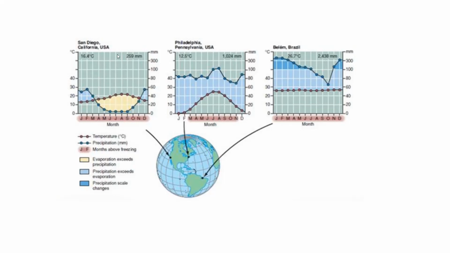So for example, the first one here, looking at San Diego, so Southern California, we can see at the turn of the new year, January, February, maybe a little bit of November and December, that's going to be when we have more rain than evaporation there. And if you look, the temperature doesn't change too much. We definitely get a rise in the summer months, but the big thing about this is going to be the drier climate. And this helps us explain why we see forest fires in California and other similar places in those